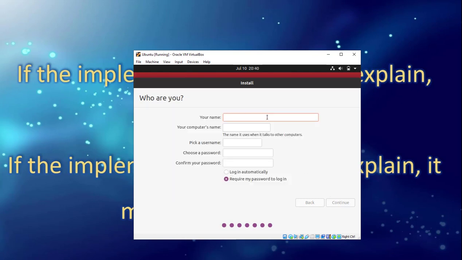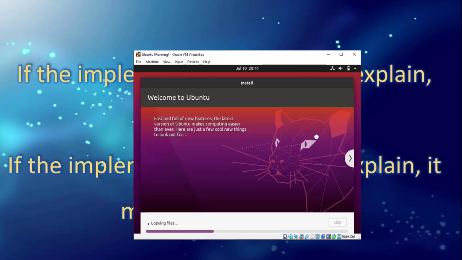Here it is asking for user creation. Provide the username and provide the password. You can provide any username. I am giving Ubuntu here. You can provide any computer name also, but I'm going for Linux here. Provide the password. Right now you are creating a new user. You can give any details. Please remember them later. So the installation process has started.